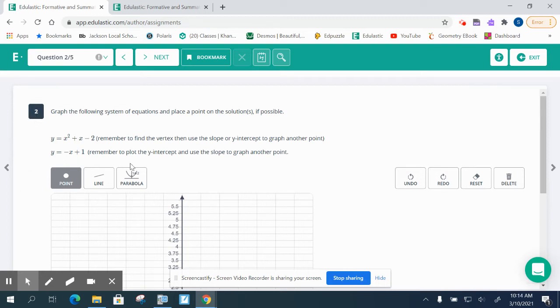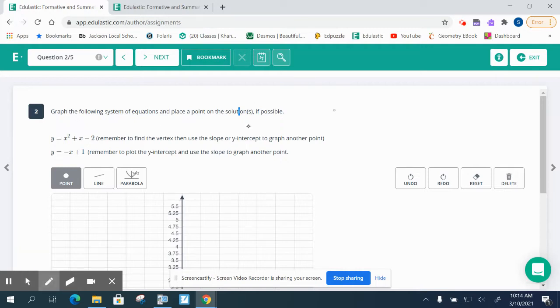So for number 2, you've got a quadratic and a linear equation, and you want to graph both of them and then place a point where they intersect. And that's the solutions. So for number 1, for x squared plus x minus 2, for these you're going